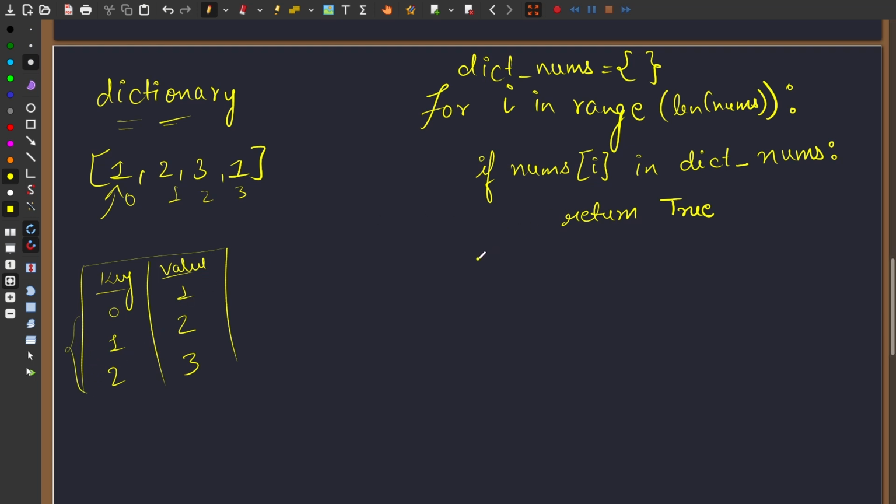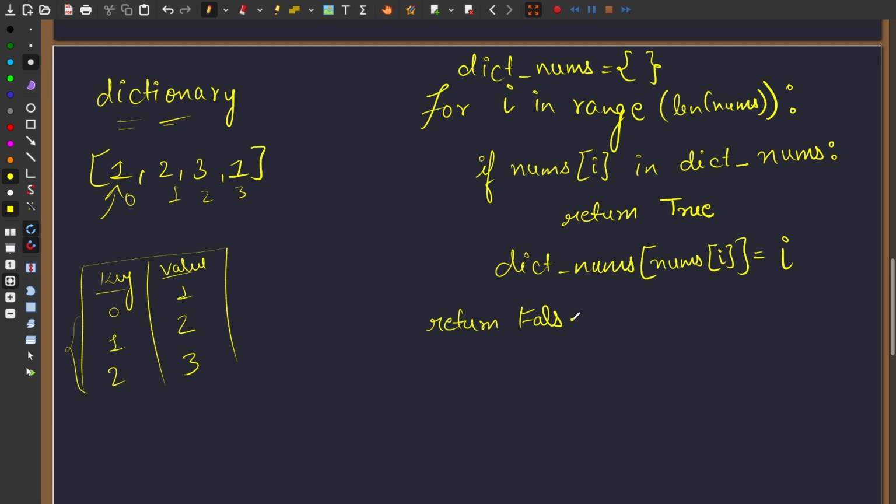You are storing them with this statement whenever it returns false. How we are doing it is something like a dict of nums, and it has that value and is stored with that particular index. So this Python syntax, you must know what it is doing. It is just storing the value along with its key in the dictionary data structure. Right now we return true, and if nothing works out, we return